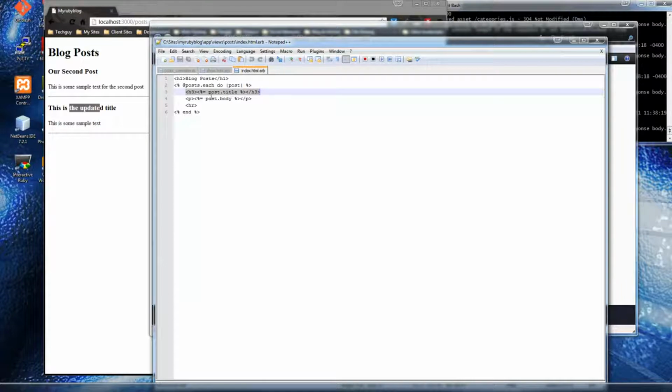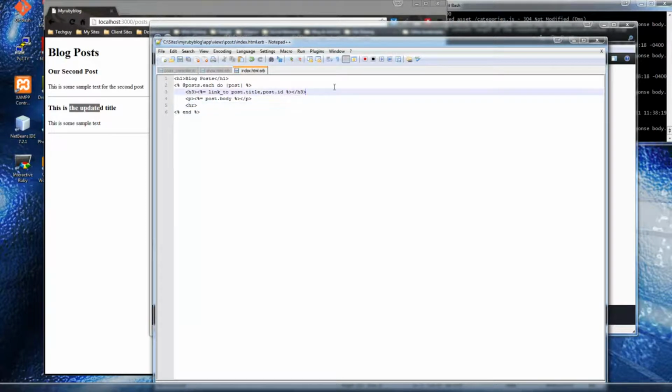And Rails has a shortcut or a helper, whatever you want to call it, that helps us build links, so we don't need to use the standard href tags. What we want to do is just put in link_to, and then it takes two parameters. First, it takes what the title should be, which we're going to leave as the post title, and then the next parameter is just where you want it to go, and we want it to go to the post ID,